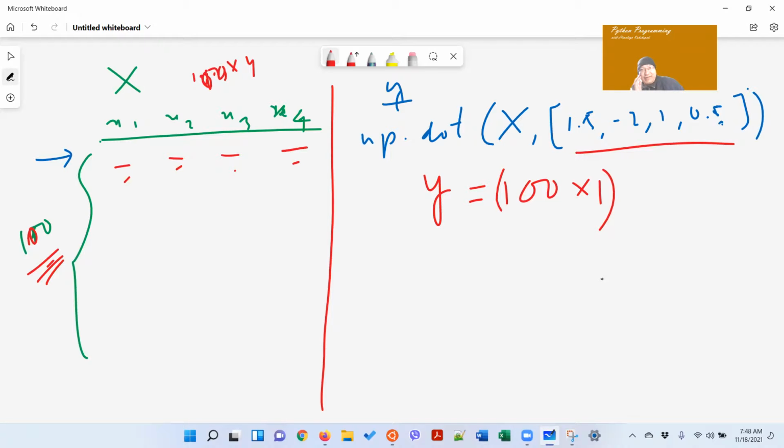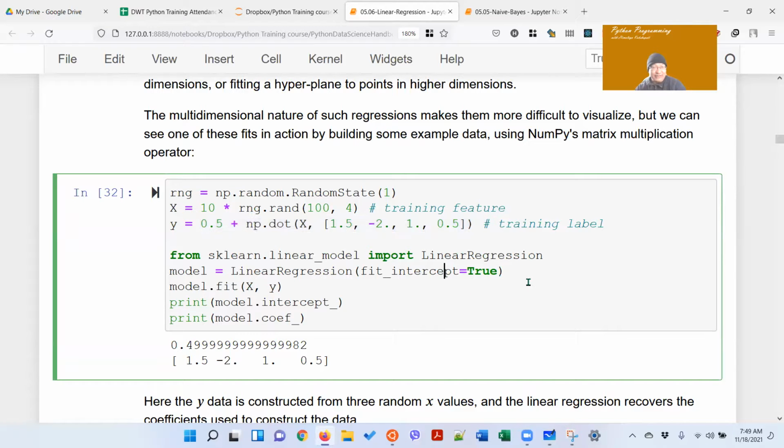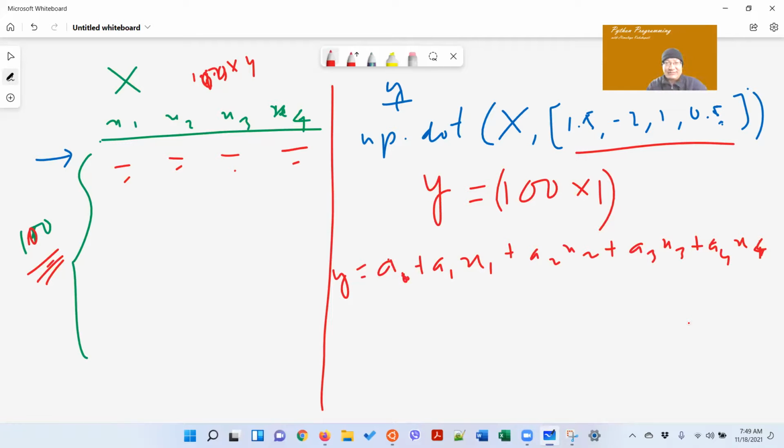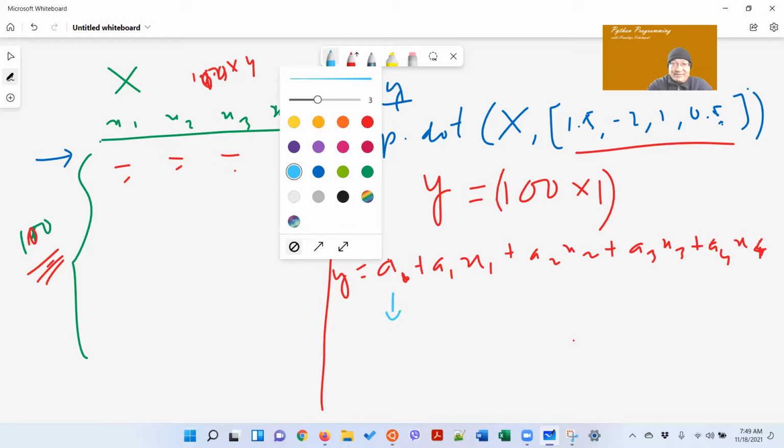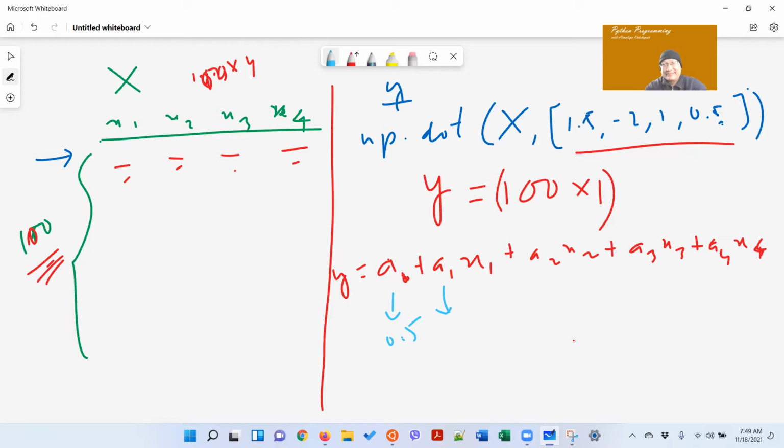सो नाउ, यो भनेको के हो भन्दा, these are parameters जुन अघि हामीले गर्यौं। a0 plus a1 x1 plus a2 x2 plus a3 x3 plus a4 x4, y is equal to। अब यसमा हामीले इन्टरसेप्ट ट्रू राखेको रहेछ, very good। अब हाम्रो a0 कति छ, 0.5 छ। a1 कति छ, 1.5। a2 कति छ, -2। a3 कति छ, 1। अनि a4, 0.5। ओके, अलराइट।